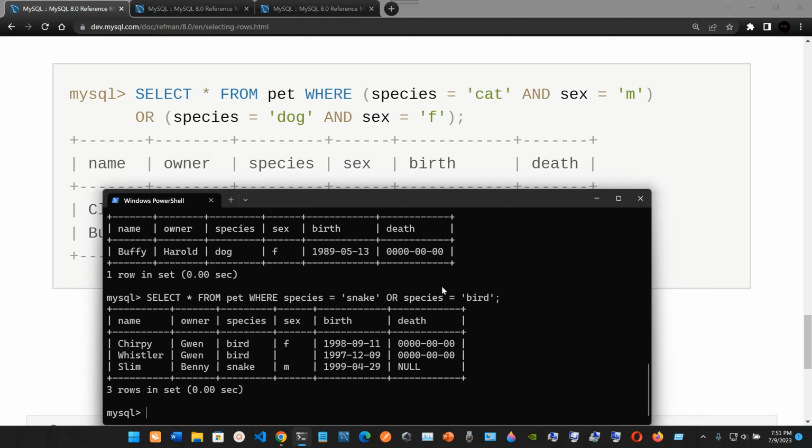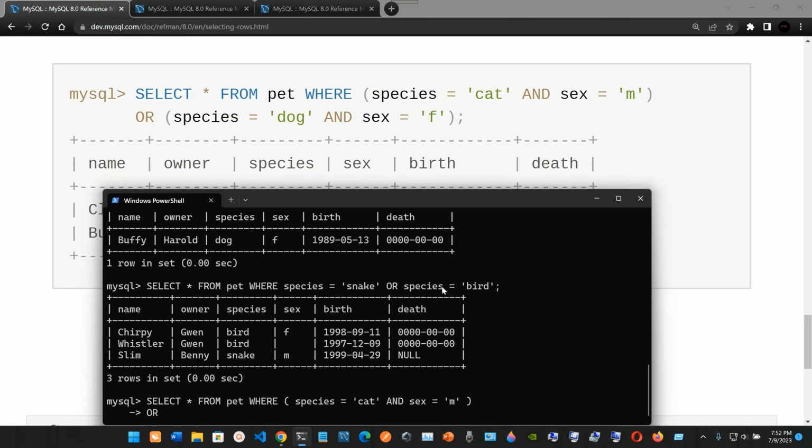I'm gonna press the up arrow key on my laptop, so I'm just gonna delete it until the where statement. Then I'm gonna open parentheses. I'm just gonna open and close parentheses, and inside I'm gonna put species is assigned to, inside single quotes, cat. And now I'm gonna use the AND operator, and now sex in lowercase. Sex is gonna be assigned to masculine, lowercase m. So okay, outside of these parentheses, we can just press enter, and now we're gonna